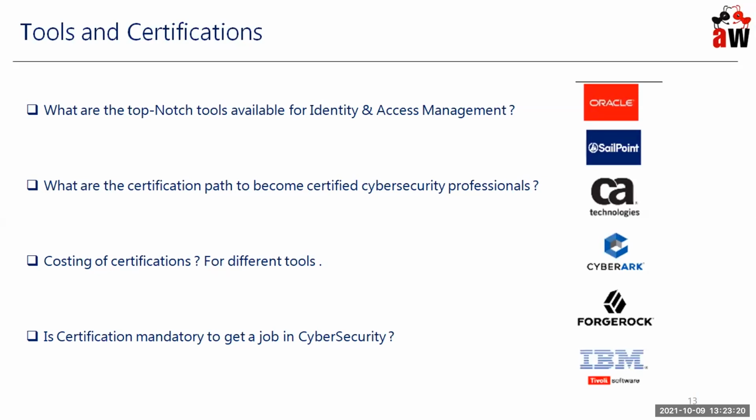Then we have CA. CA is a company which is basically known for CA SiteMinder or the CA APM tool, but they also have security IDAM tools called CA Identity Manager and CA Access Manager. Then we have CyberArk. CyberArk is one of the industry standards and kind of a monopoly for one specific thing called privileged access management. When I discuss these things in the bootcamp, I'll give you more of a glimpse of